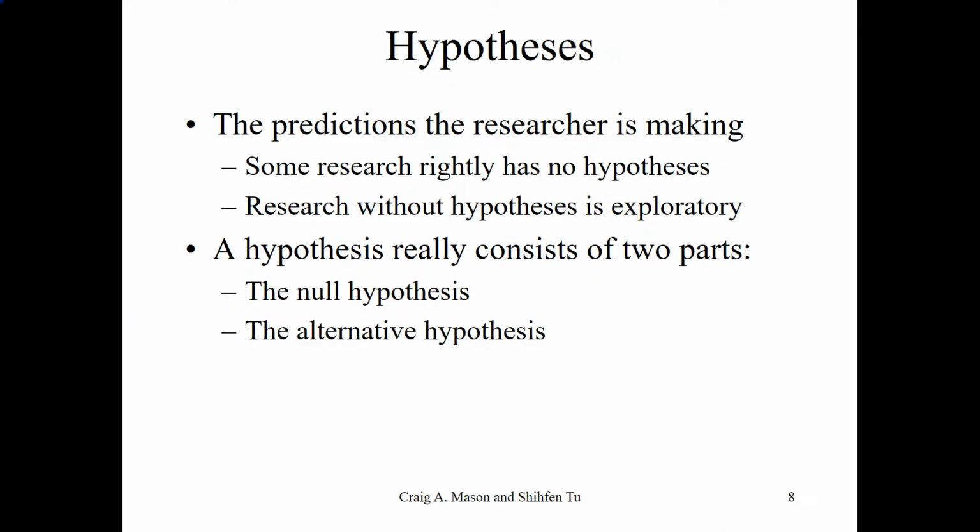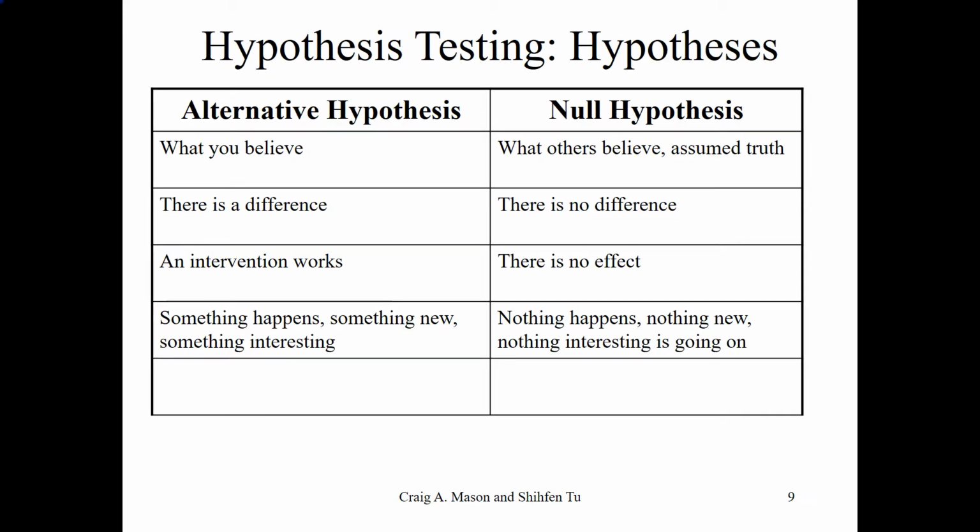Now, sometimes people will start the study, collect their data, look at what happened, and then come up with hypotheses. What's even worse is that sometimes they'll pretend that they had those hypotheses all along. That's called cheating. If a study is exploratory, one should say it's exploratory. That's okay. On the other hand, if a study is testing a specific question, hypotheses involve 2 parts, the null and alternative hypothesis. One part is the alternative hypothesis. The alternative hypothesis is the idea you want to test. It's what you think is happening.